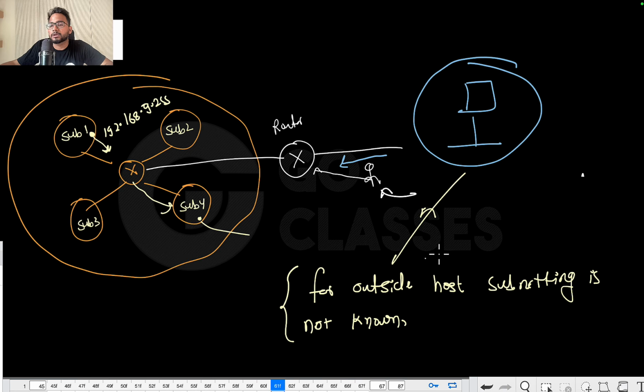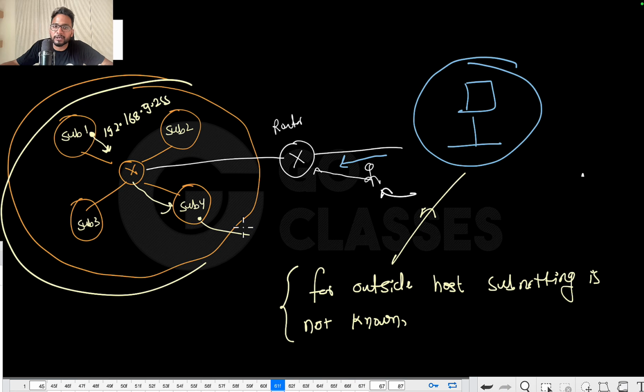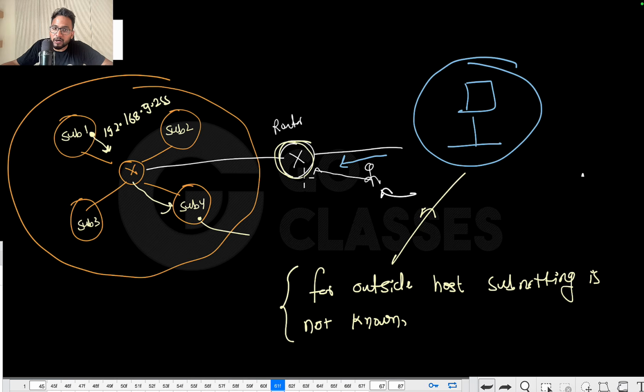Understood? So the broadcast address is for the entire network, the network ID is for the entire network, and so on. Okay. For this router, if this is the incoming, then subnetting is known. For this router, or for any host inside here, subnetting is known. For everyone in this circle, for anyone in this circle,